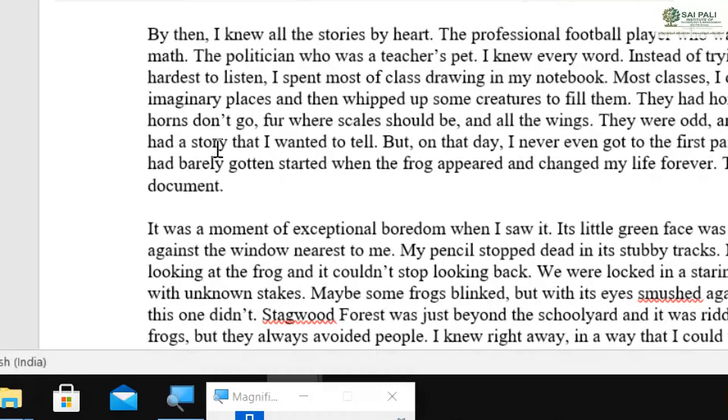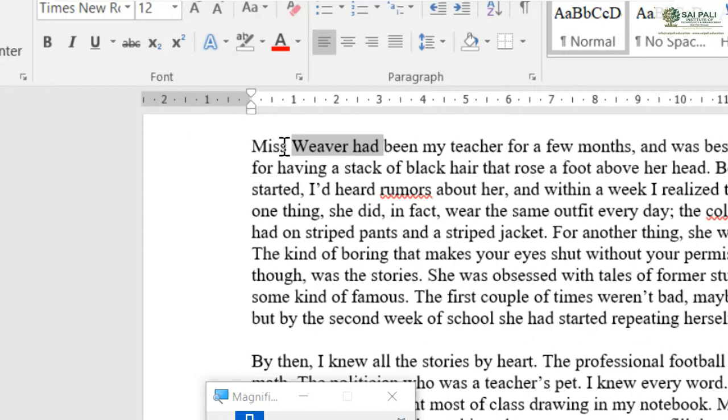I put my insertion point at the beginning of the paragraph, and then I press the tab key on my keyboard, and you can see these things here in the ruler. The one which is up is called the first line indent, the down one is called the hanging indent, and this rectangle is called the left indent.